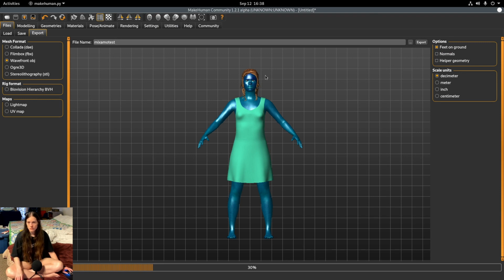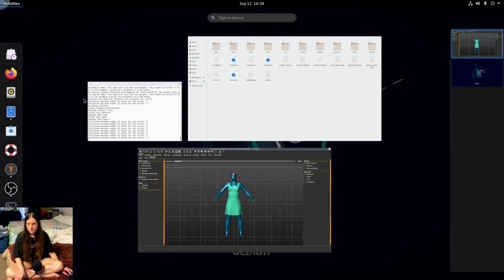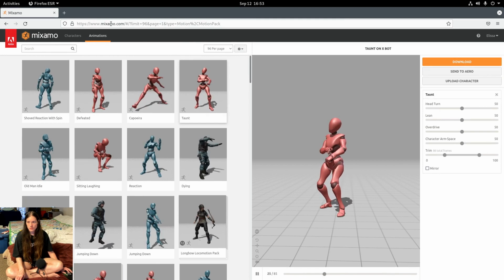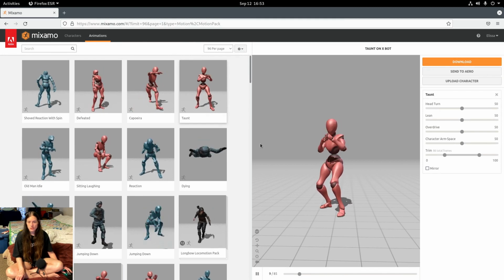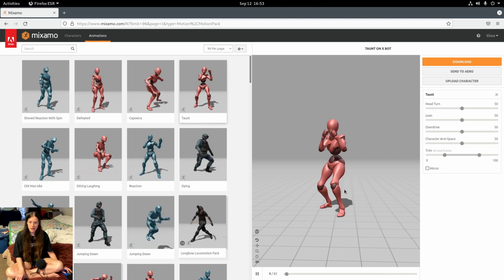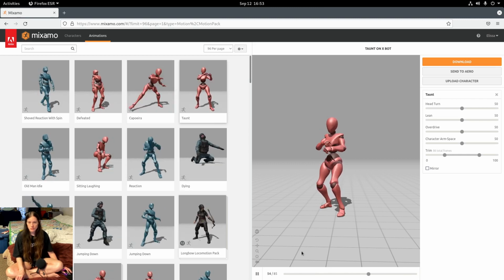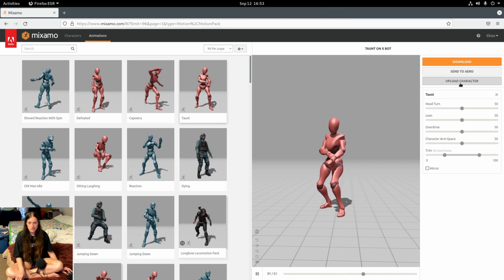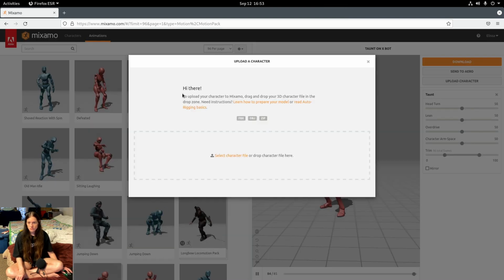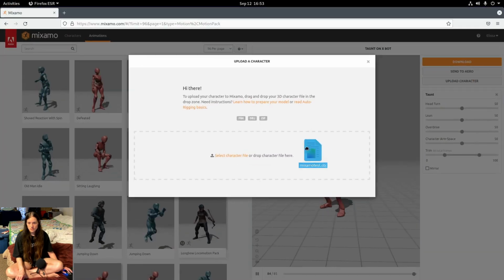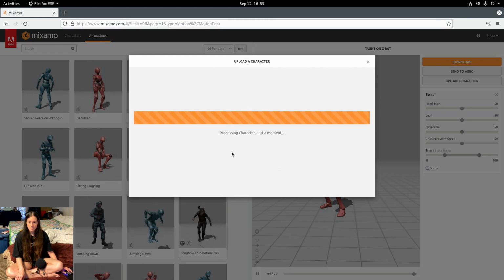to an object, leave the settings as they are, so now that you have the object, then I'll open up the mixamo.com by Adobe, and it's free to make an account. I believe you're free to use the animations in your game, but you'll probably want to check the license. So you'll click upload a character, drag the object that you exported, and